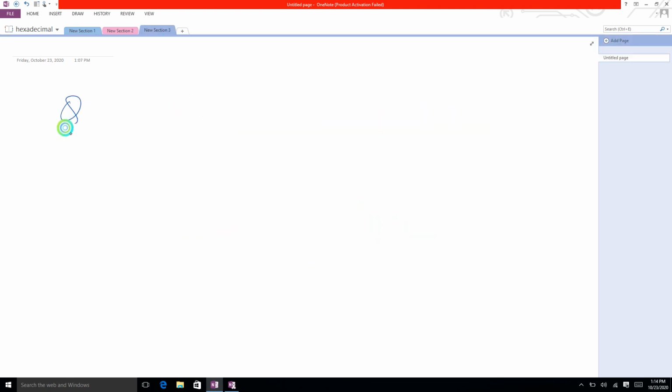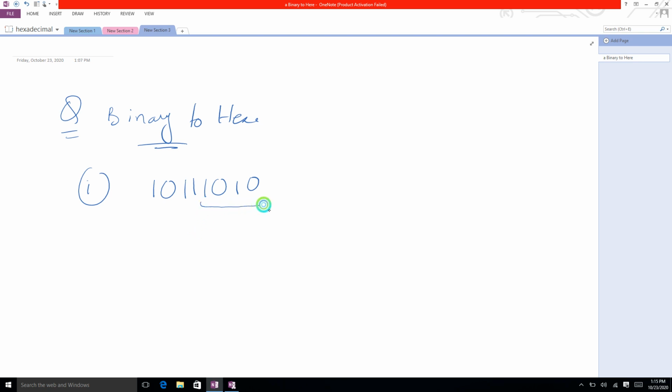I'm going to pick one binary to hexa question. Let's say 1011 1010. Now these are 8 bits. As I told, 4 bits of binary is equal to 1 hexa. This means I have to break this into 4 bits. This will be divided into 2 different groups. ठीक है, एक group जब वो 4 bits पर होगा, दूसरा group भी 4 bits पर होगा. This will provide us 1 hexa and this will provide us another value of hexa.